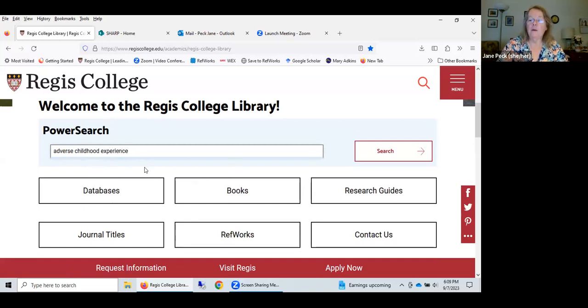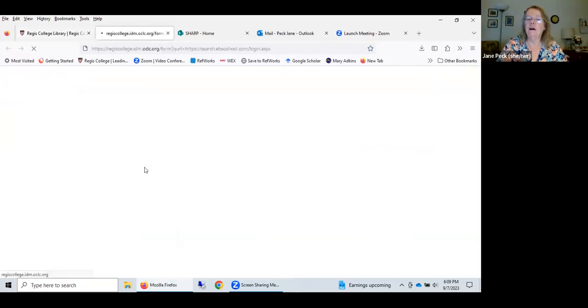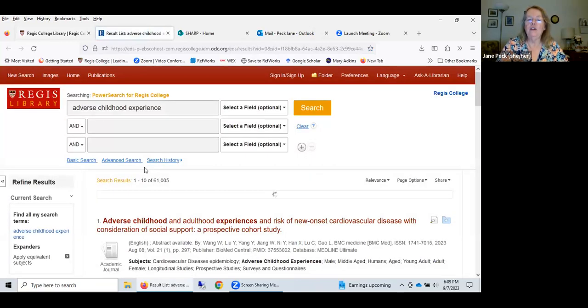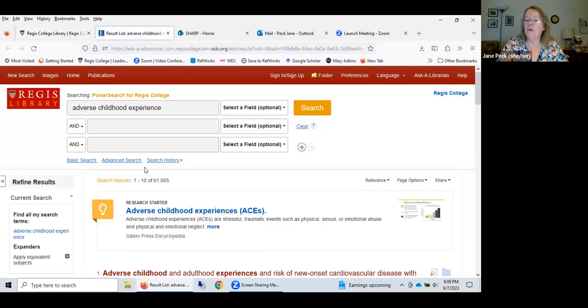Now, one of the things that we like to encourage students is to really play around with this. After we meet today, try it out yourself, because you'll find once you start using it, you're going to get more and more comfortable with it. And you can't break it. You can't put in a term that will break it. So sometimes you'll put in a term like this term and you'll get